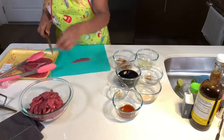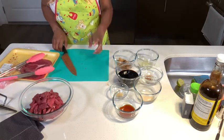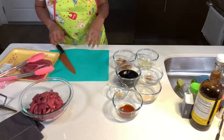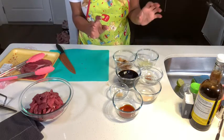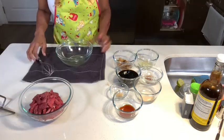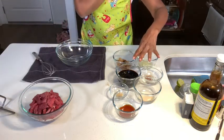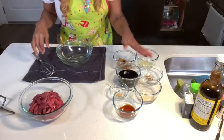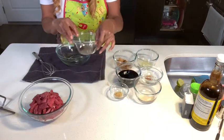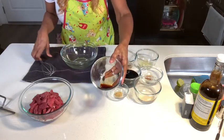So, I'm gonna get right along here and show you what to do. These are our ingredients for our steak. Here we have our ingredients for our marinade for our beef jerky. So our marinade is, we have 1 tablespoon of Worcestershire sauce,